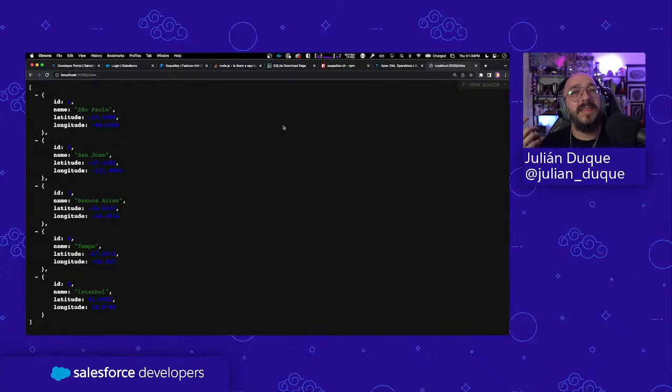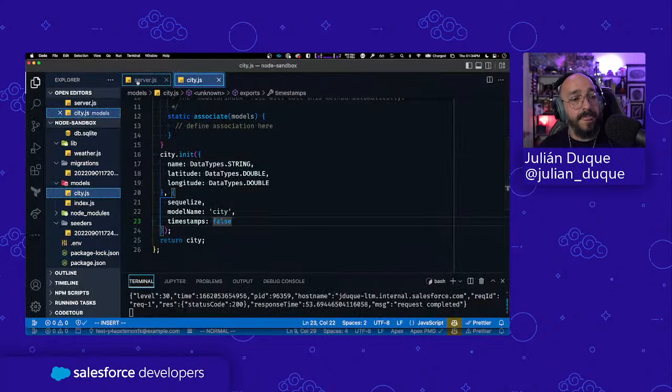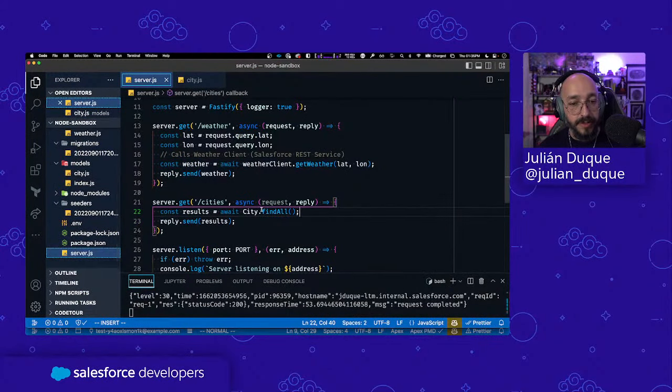Those are called timestamps, used normally by these libraries to control when an object has been created and when the object has been updated. Those exist in Salesforce as well, but I wanted to keep this example simple, and this is why I disabled those. We are going to see that same thing in Salesforce. So we were able to list this information on our server by using